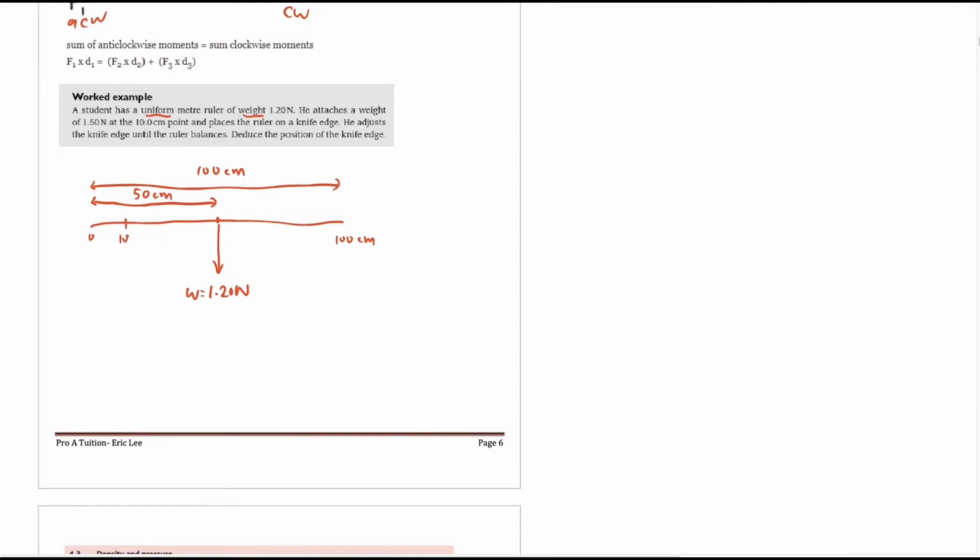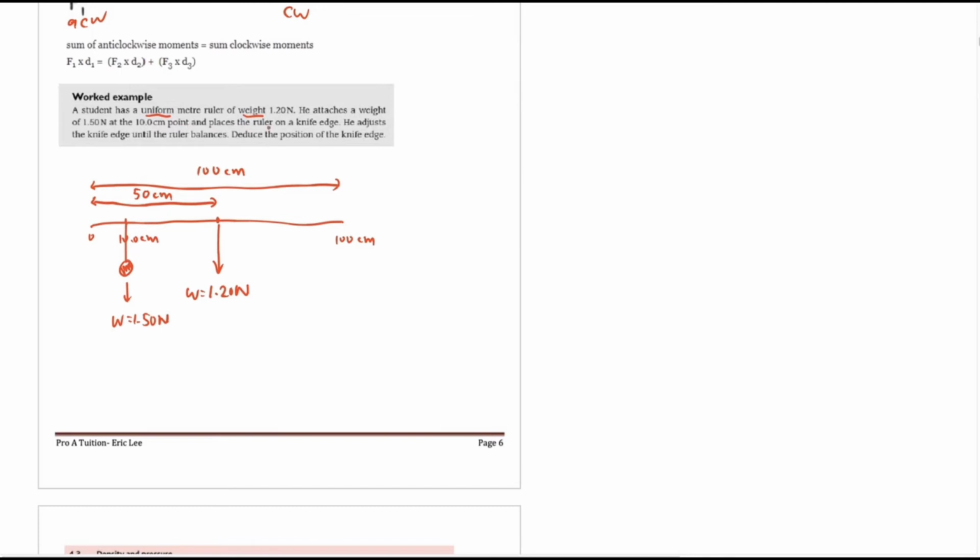At this point, he attaches a weight. So we put a weight here. This object has a weight of 1.50 Newton